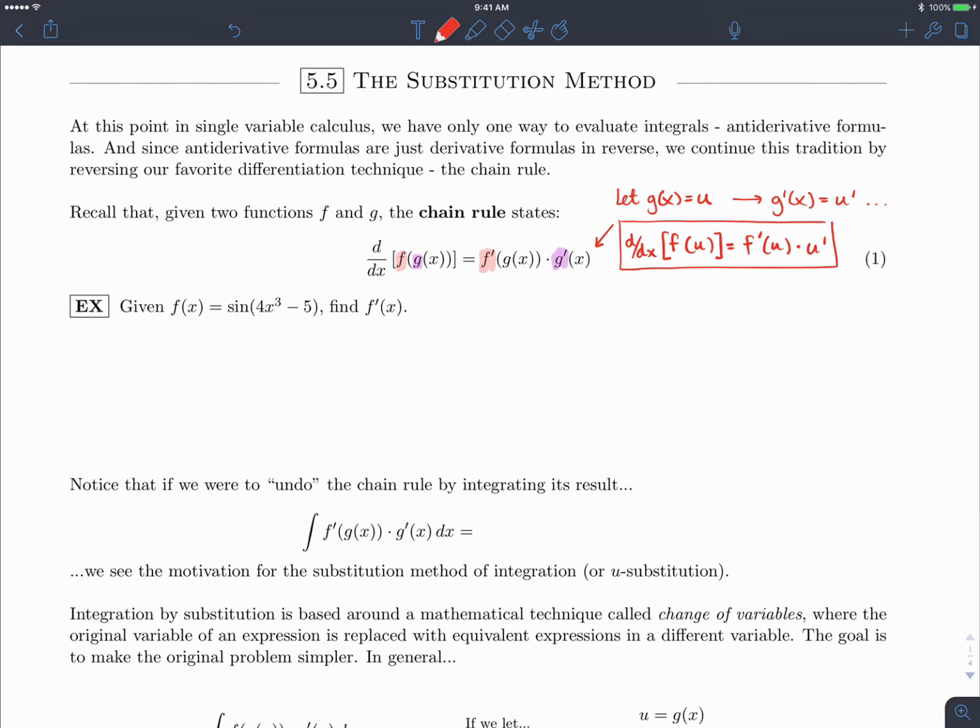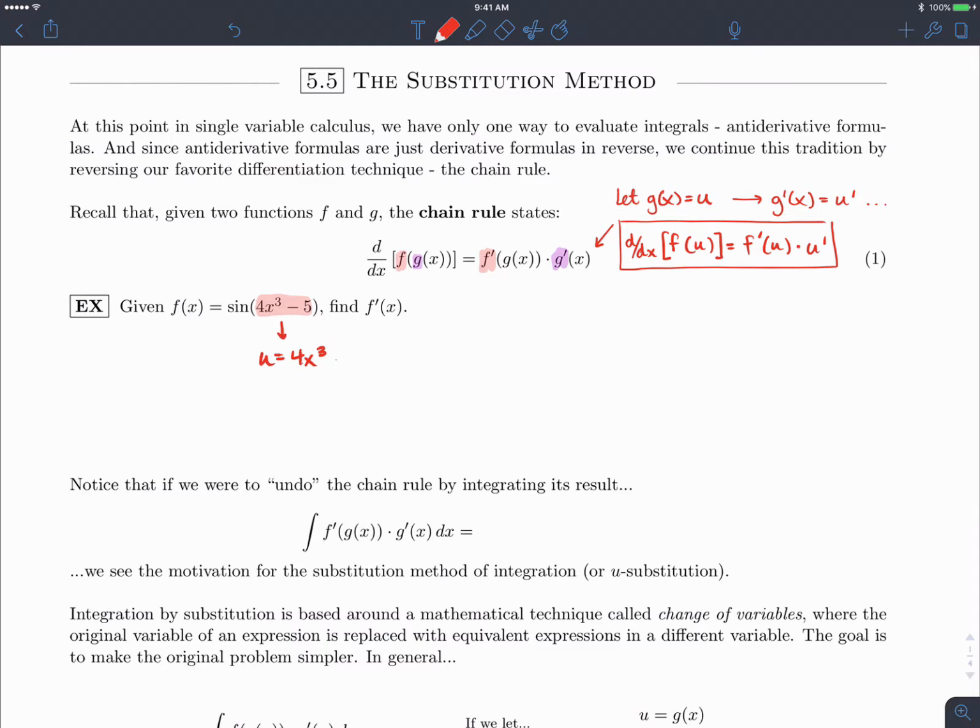Real quickly, let's do an example from Calc 1 of the chain rule. So we've got f of x is equal to the sine of 4x cubed minus 5, and we're asked to find its derivative. Well, let's go ahead and start doing this u step that we covered right here. What I'm going to do is consider this to be my inner function. This is the function that's within the sine function. So we think that might be a good choice. So I'm going to call u